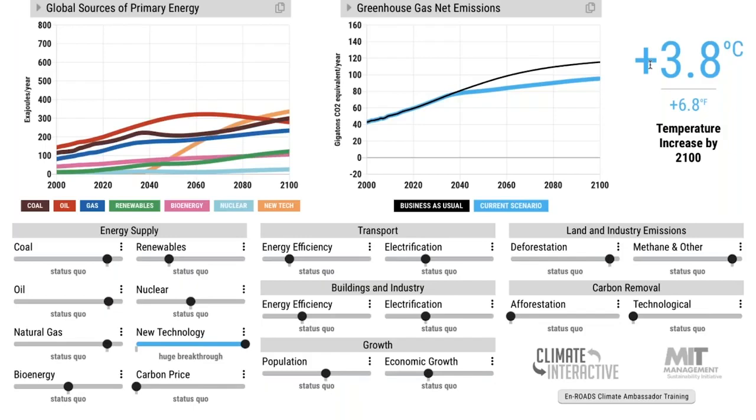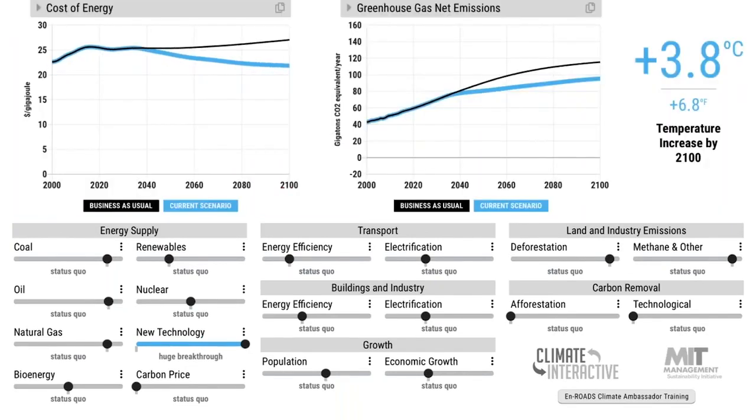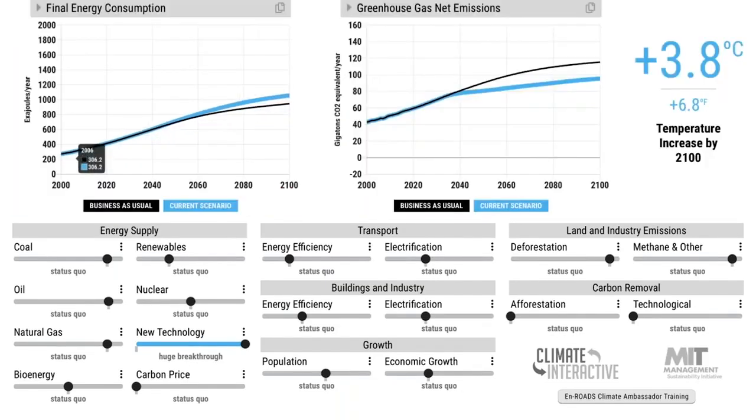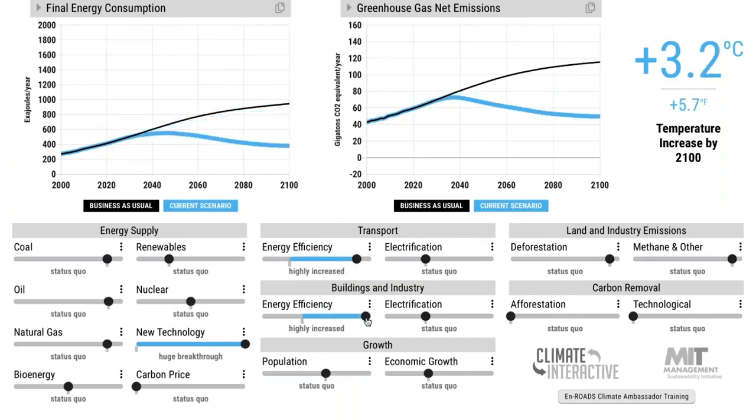Second reason, this spreads around the world because it's inexpensive. You can see it reduces overall energy prices. Cost of energy goes down. If energy is cheap, what happens to energy demand, the use of energy? Well, there's something called the rebound effect. Cheaper energy means more consumption of energy. So you have a slight boost in energy use at a time when really what we need is energy efficiency and other things to reduce energy use. This is what we need. We don't need it going up.